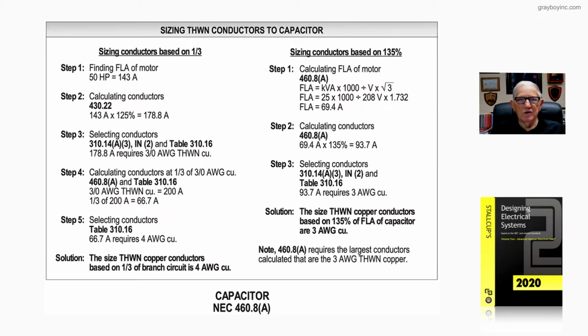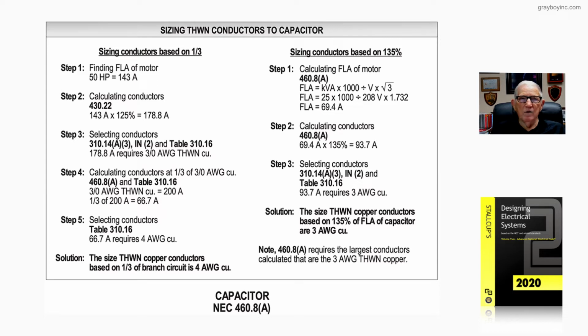Now this illustration deals with performing the actual calculation, which two calculations have to be performed, and you select the calculation that will provide the largest conductor. Now, to the left of the illustration here, we pick up sizing the conductors based upon the 1/3 rule. So again, the 50 horsepower motor has a full load current rating of 143 amps, and naturally we could obtain